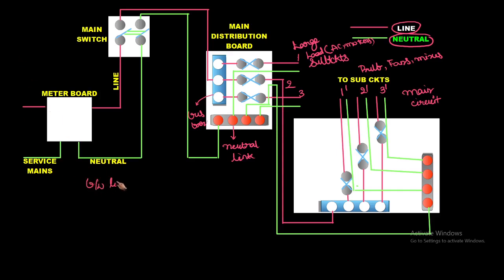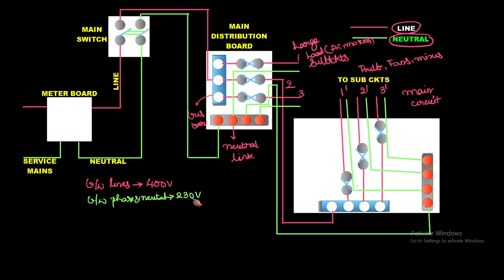How much line voltage will be between lines? We will have 400 volts. Next, the other voltage level is between line and neutral, how much voltage will be there? That is 230 volts. Sorry, here it is not line and phase, here it will be phase and neutral. So how much voltage will be there? That is 230 volts.